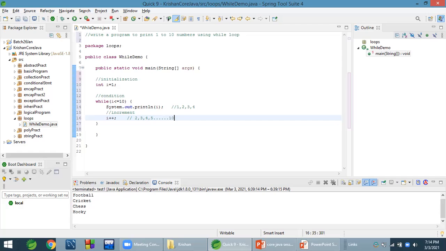When the value of i becomes 10, it checks 10 is not less than 10 but it's equal to 10, so it will print 10. The value of i now becomes 11 here at line 16, i++. It will go to the condition again and check if 11 is less than or equal to 10. No, it's false. Then it will come out of the loop and you can see it printed from 1 to 10. We will run this and check the output.